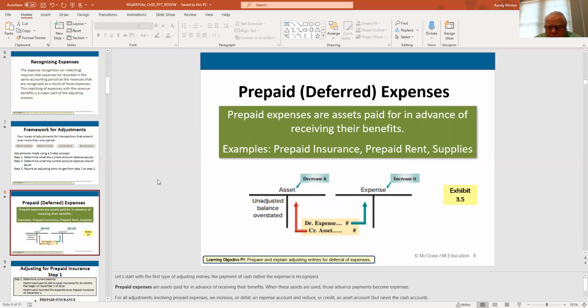They're always going to be the same. They're usually these 4 or 5 different things that we're going to talk about. And then those are the ones you'll be tested over as well. Okay, so prepaid expenses. Here's what happens.